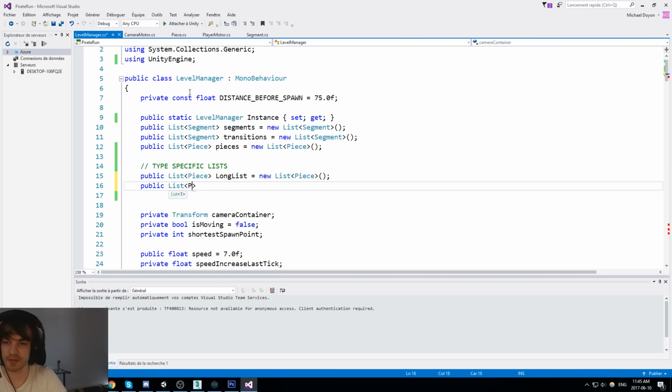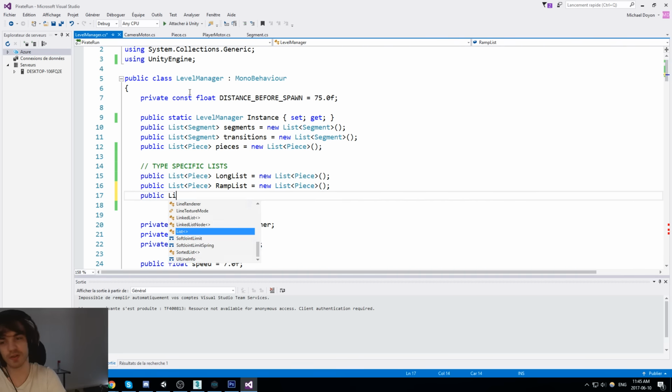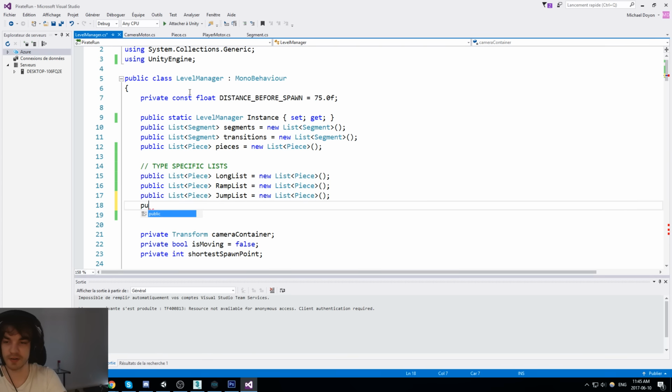Public list pieces, the ramp list. Public list of what? Jump list. And finally, public list of ramps.